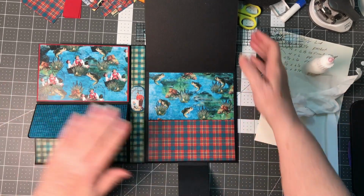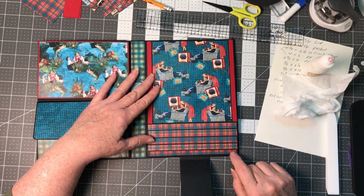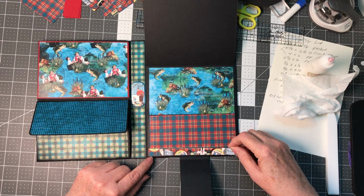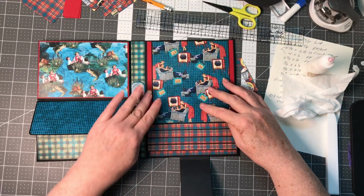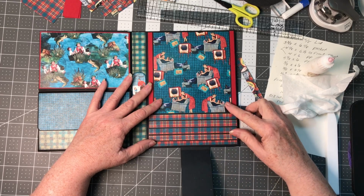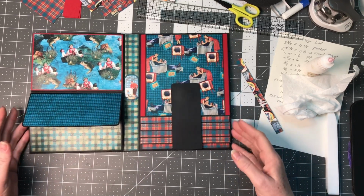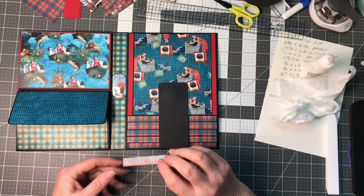I think I cut one too many. That looks a little bit off to me. Boy, when I put it down before, it didn't look that off. I think because I had this over further. Ah, well. You know what? I'm not going to worry about it. It's just a minor faux pas. And actually, I'm wondering if